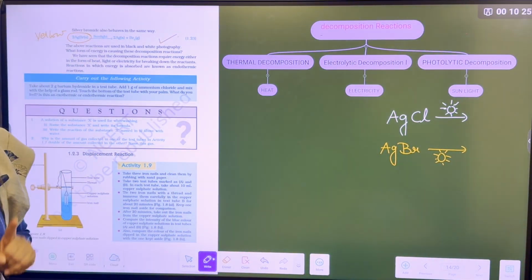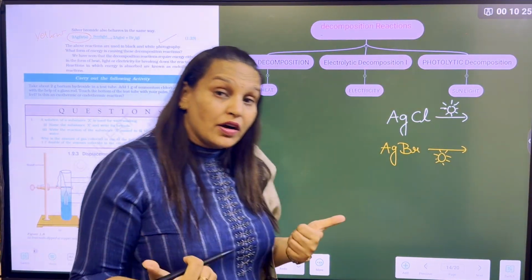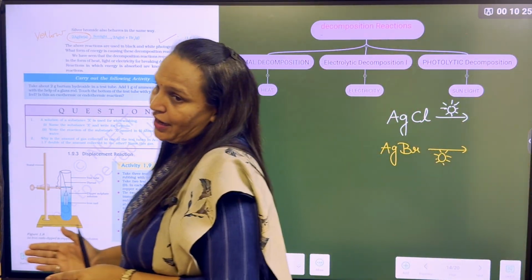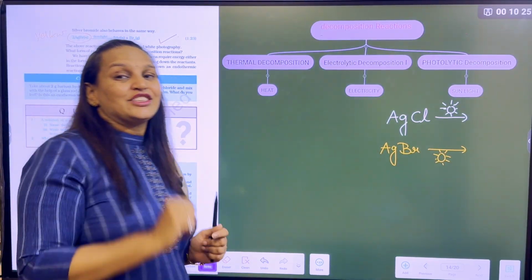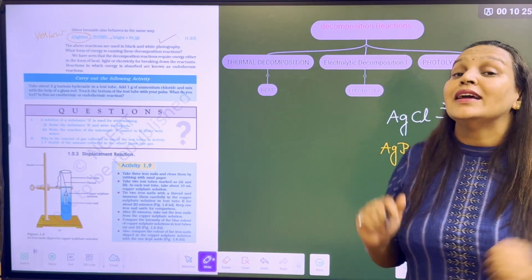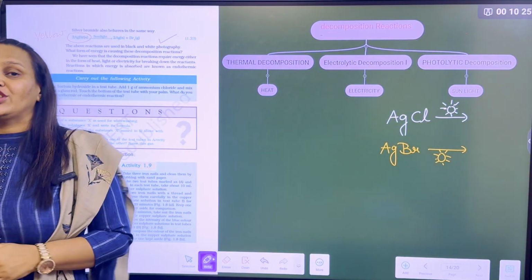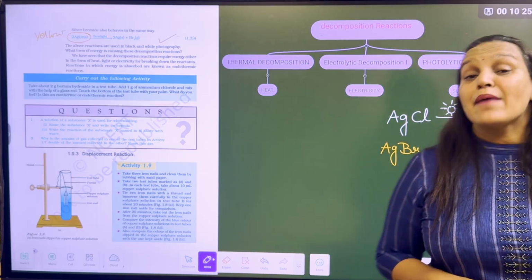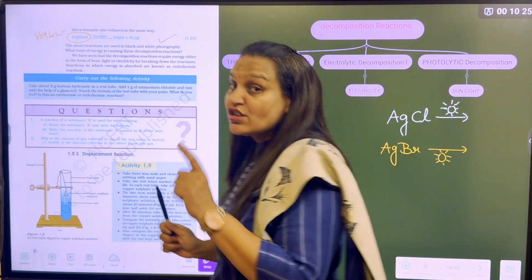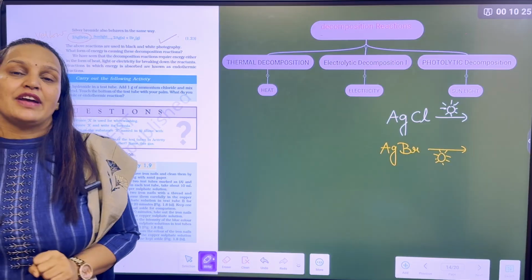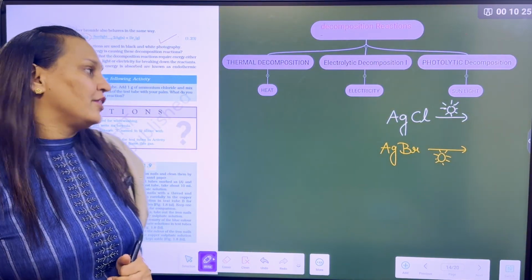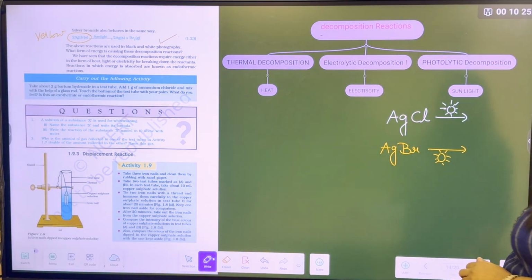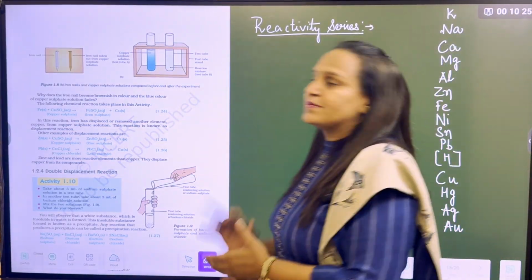And the most important question comes here. These decomposition reactions are endothermic. But are all decomposition reactions endothermic? No. Most decomposition reactions are endothermic, but there is one decomposition reaction which is exothermic. Anybody? It is given there below the respiration. Decomposition of vegetable matter into compost is an example of an exothermic reaction. That is also decomposition, but that decomposition of vegetable matter is an exothermic reaction. Good job. So now let's move to the next reaction, which is our displacement reaction.